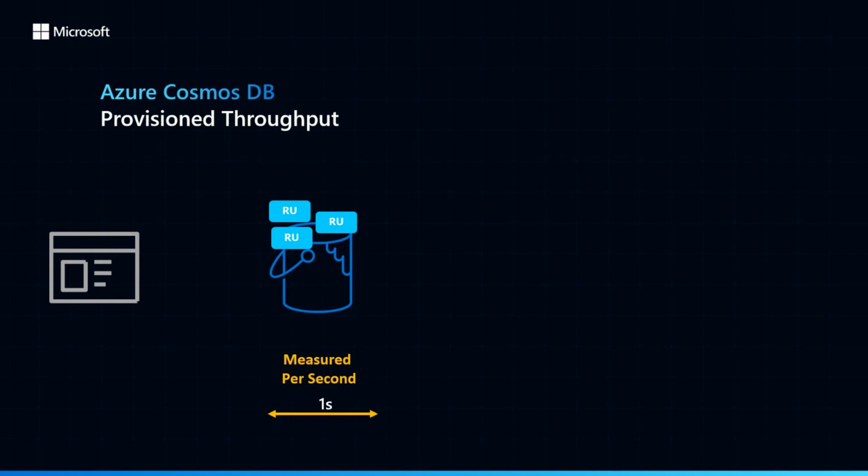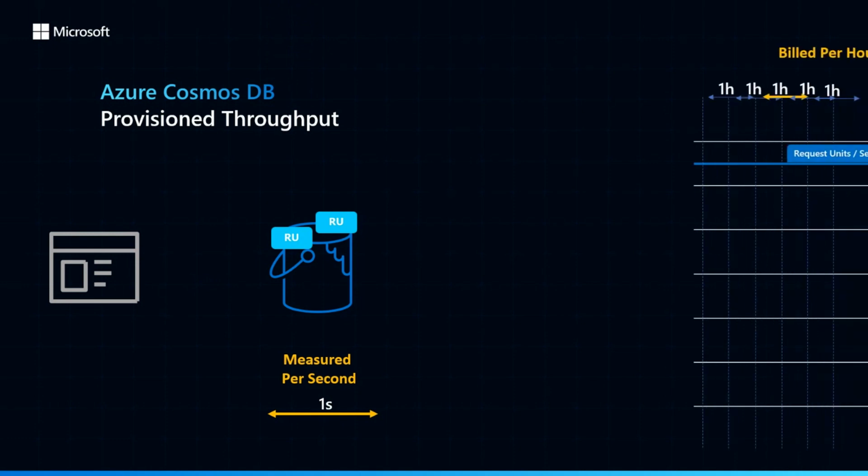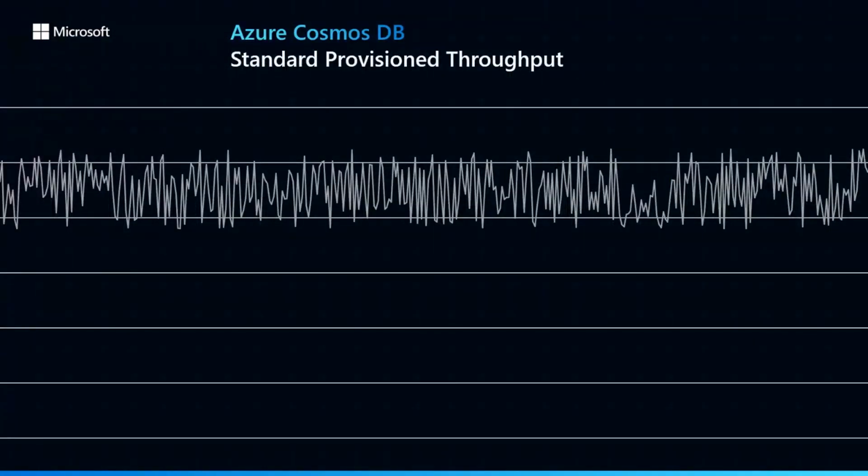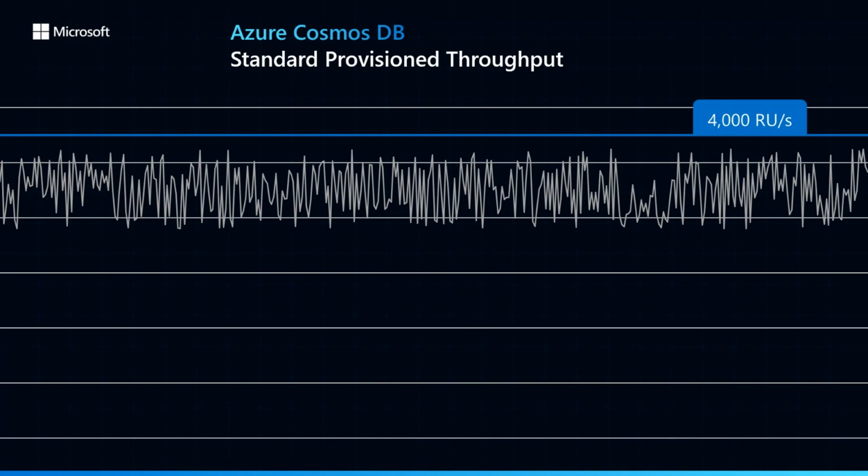Provisioned throughput is billed per hour, so you will be charged for the amount of provisioned throughput during that hour, the maximum amount of throughput provisioned during that hour. So, if the line on this graph represents the throughput the application needs, in this case, a fairly stable, predictable hour-by-hour throughput, you would need to provision throughput above this level in order to ensure that the requests are not going to be throttled.